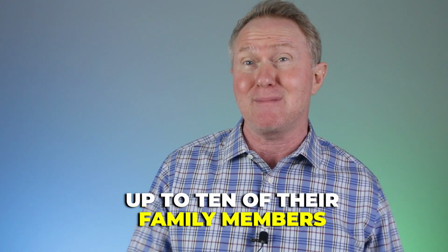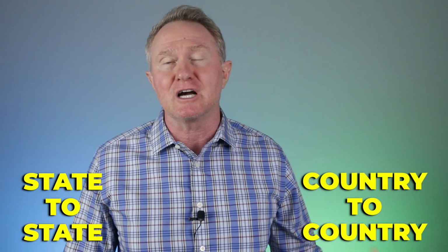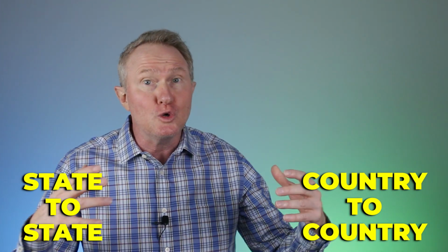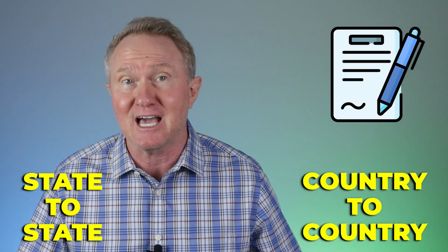They also offer extended protection by giving the client the ability to give the same exact service for up to 10 of their family members. Lincoln Heritage ain't doing that. So again, they're not just going to do this for the policy holder, they're going to do this for the whole fam. They also supply state-to-state and country-to-country funeral transfer support, including all the legal documentation for transportation at discounted prices. So there you have it, the main products you'll absolutely want to have as an independent life insurance agent